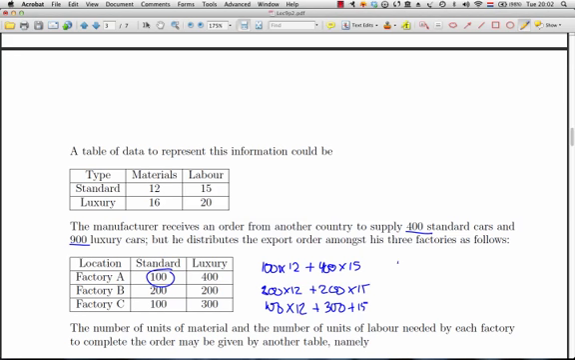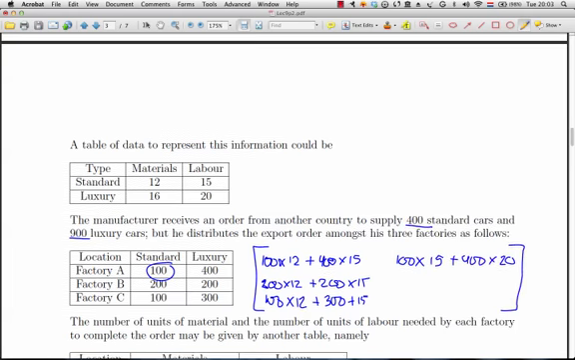So for instance, in factory A, for the 100 standard cars you need to plan 15 units of labor, plus for the 400 luxury types you need to plan 400 times 20, and so on and so forth. So once you fill this out, you have another table, or if you wish, another matrix, and this looks like this,